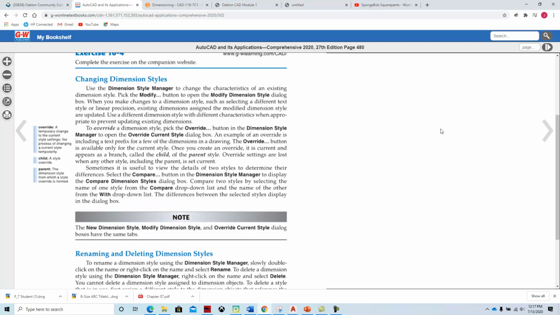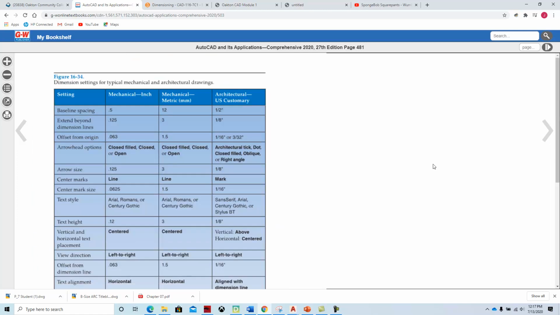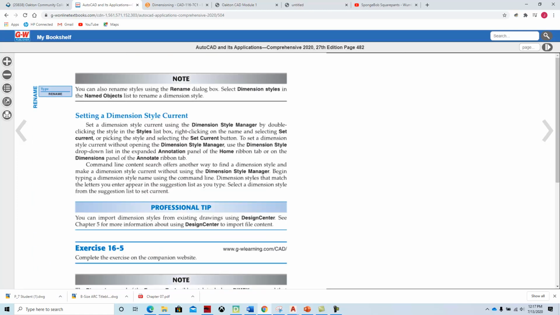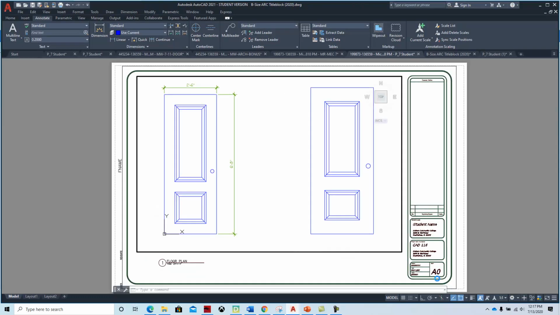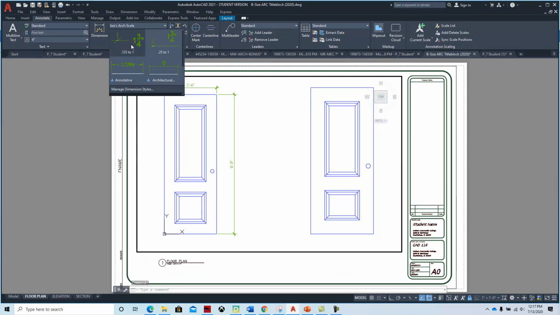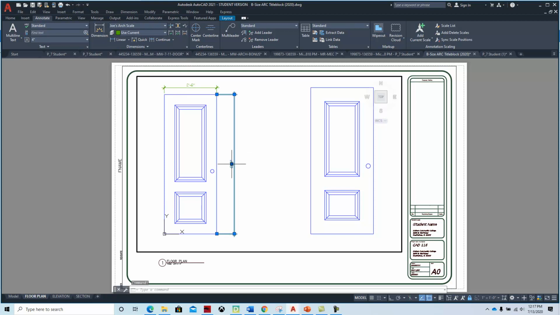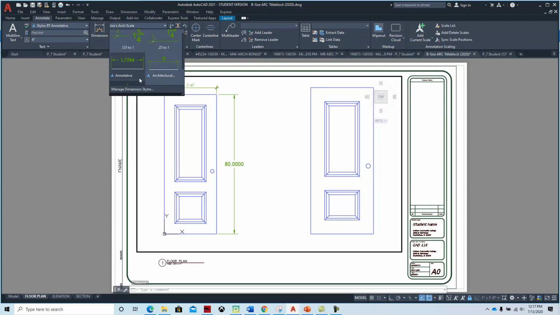And then you can change the dimension styles, and so you can have multiple dimension styles on a drawing, and then you can change those dimension styles as you start to work through it. Here's Joe's architectural dimension style, and then I can choose these other dimensions and styles. Perhaps I wanted one that would be in decimal units, and so if I click on this and then I change that to one of these other units,